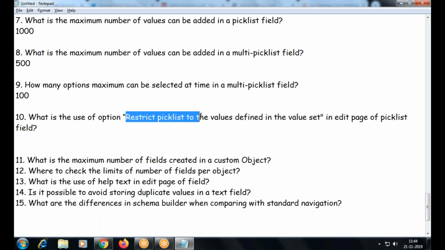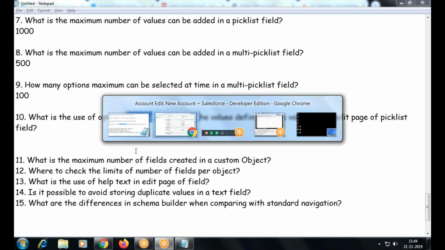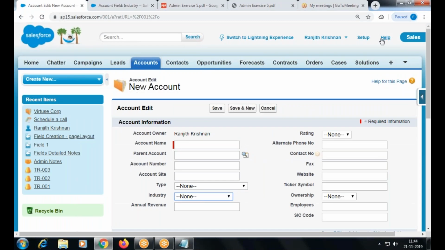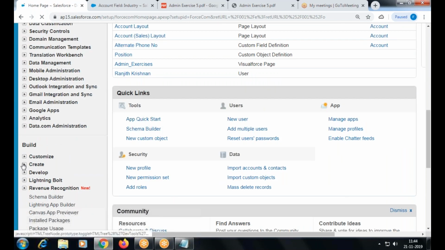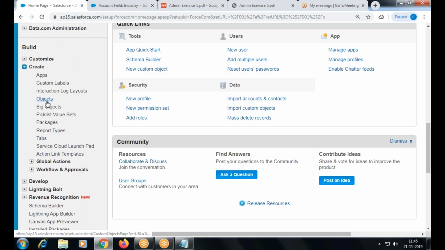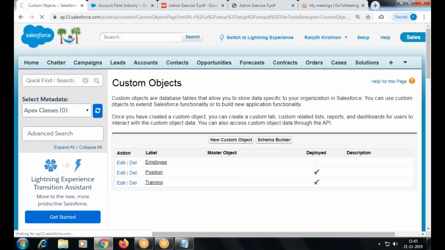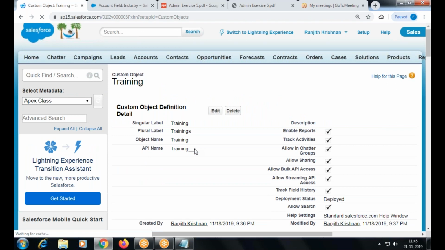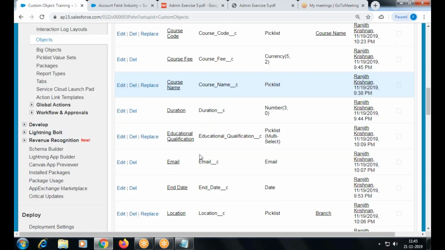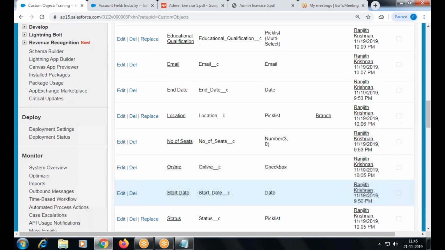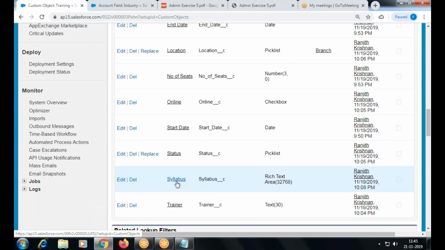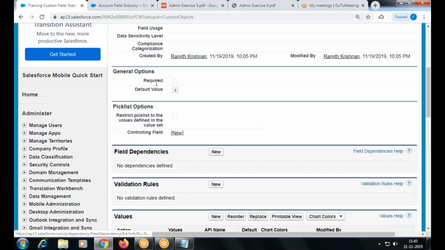You remember this option? If you go to my training, maybe status, pick list. Right now it's disabled. If enabled, what will happen?